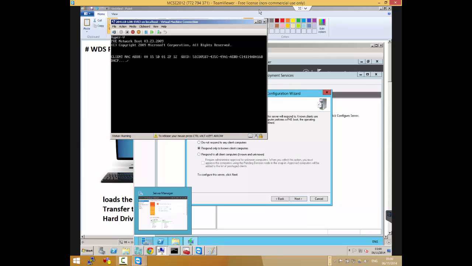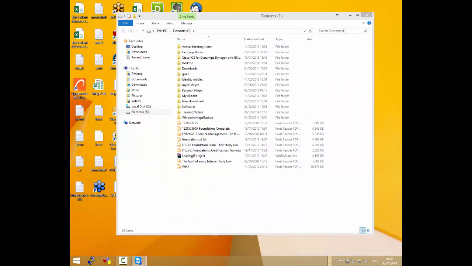It's not responding to my mouse again. Is it responding to your mouse? Not really. Okay, I'll disconnect and then reconnect again.